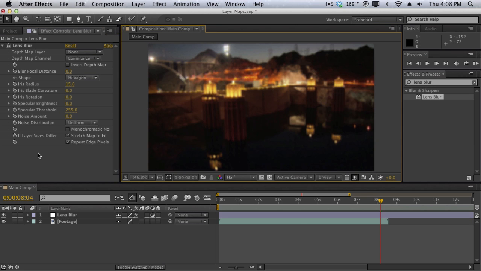So to show you guys what layer maps do, I'm going to create a very basic fake depth map, otherwise a layer map, for this lens blur effect. And if you don't know what a depth map is, it's pretty much just a kind of layer map rendered from a 3D application such as Cinema 4D or 3ds Max to tell the lens blur effect where it is going to be blurred and where it is not going to be blurred. And we can set the depth map channel over here to luminance. So luminance is the brightness or the white areas of the map,